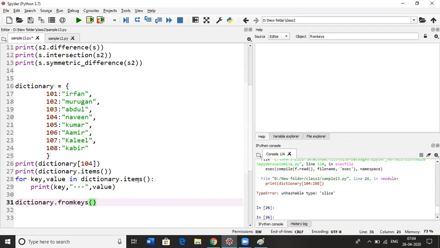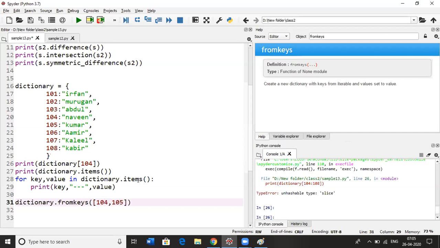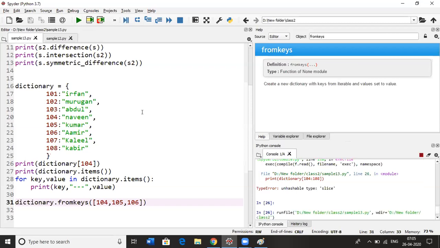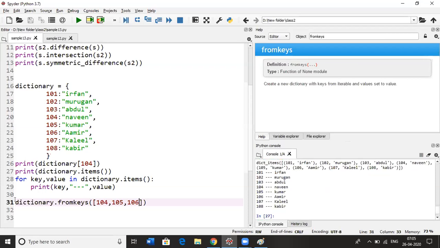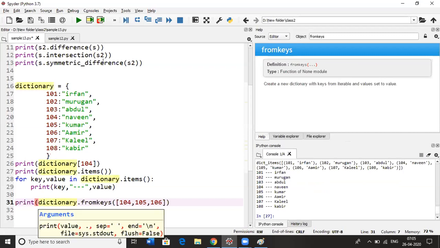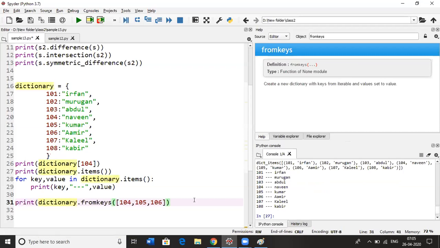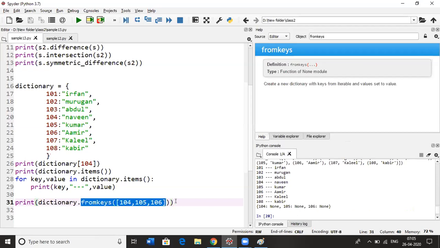Some keys I can give like... so I think we can't do like that only.